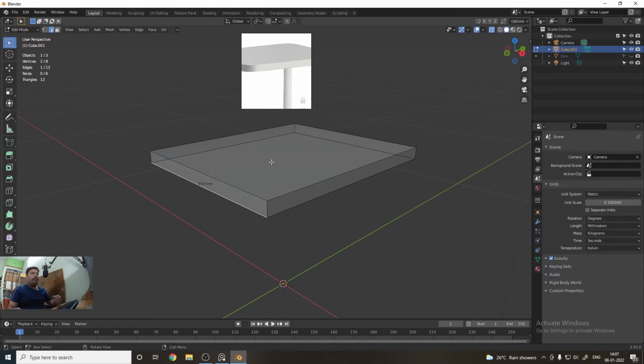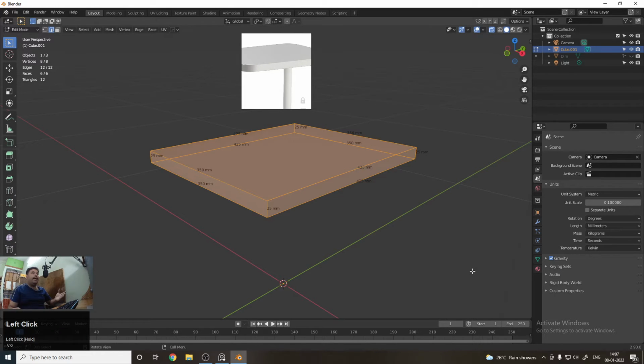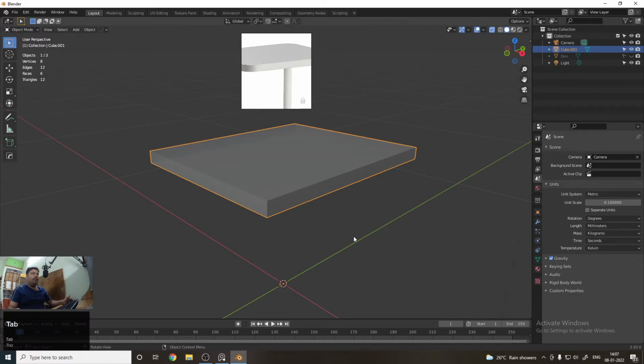But as I have told you, we are in the edit mode, so we are only able to see the faces, vertices and edges of this particular cube only. But once we get out of the edit mode, you can see that we get different values. As I have told you, we have just used 2 cubes, and one of the cubes is hidden, due to which we are only able to see the properties of the one cube.